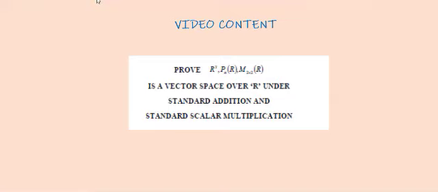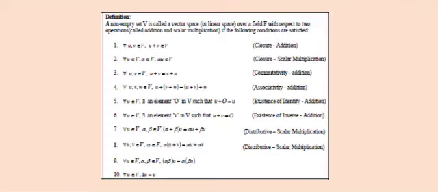So we are going to concentrate condition by condition. For example, we will take condition 1 and check it for all three sets, then go to condition 2 and check it for all the sets. Similarly, we are going to proceed for all 10 conditions. Before that, I will just display the definition of a vector space. I am not going to explain the definition; rather, we will be checking the conditions one by one. These are the 10 conditions.